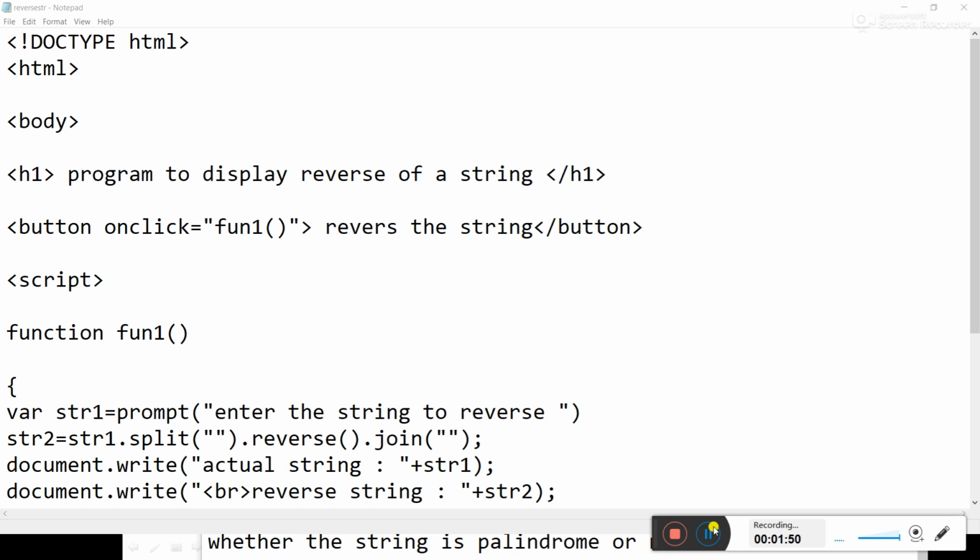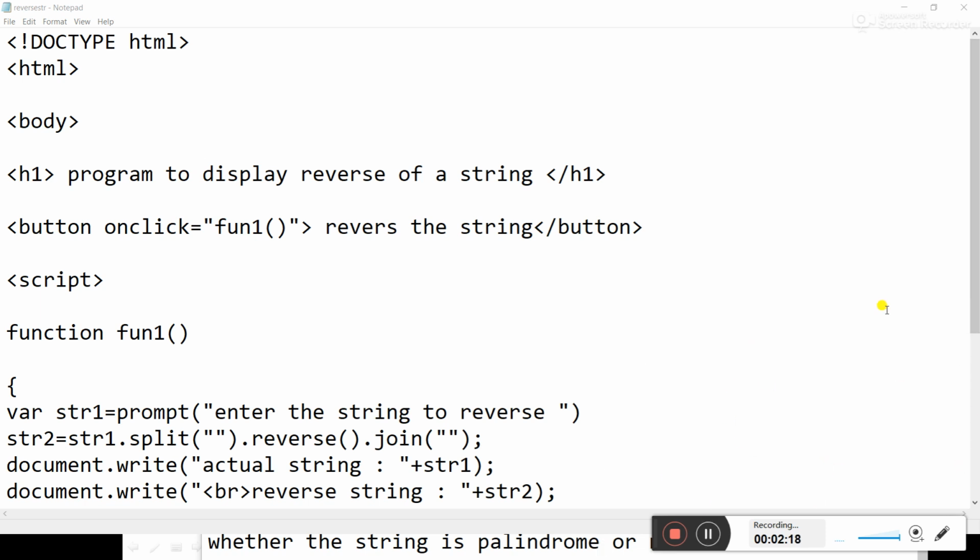Then we have created one button, as it is an event driven program. We need to write an event driven program, so we need to call an event. We will call that event on button click. When the user clicks on the button, it will call a function, whatever action you are going to take after clicking on a button. So first you require a button, so we'll take the button tag.